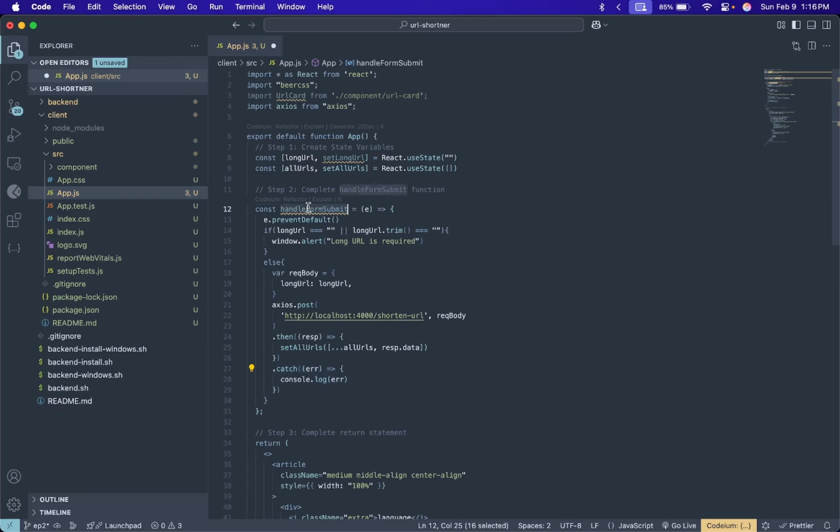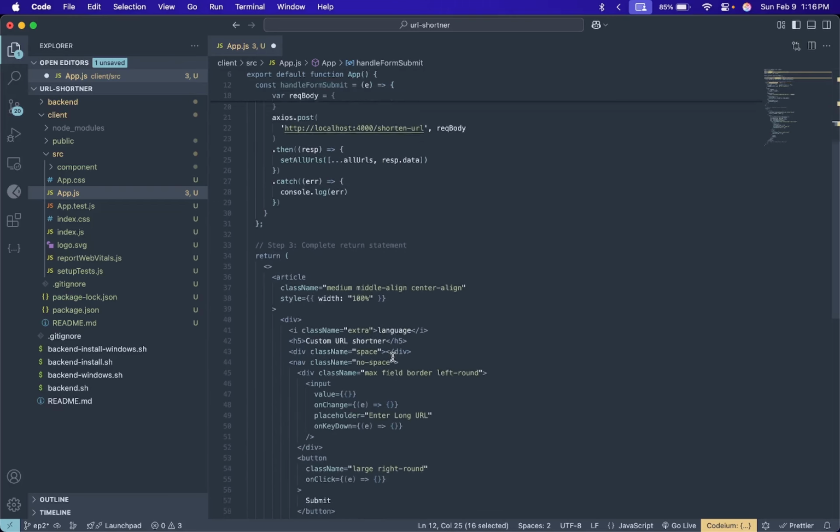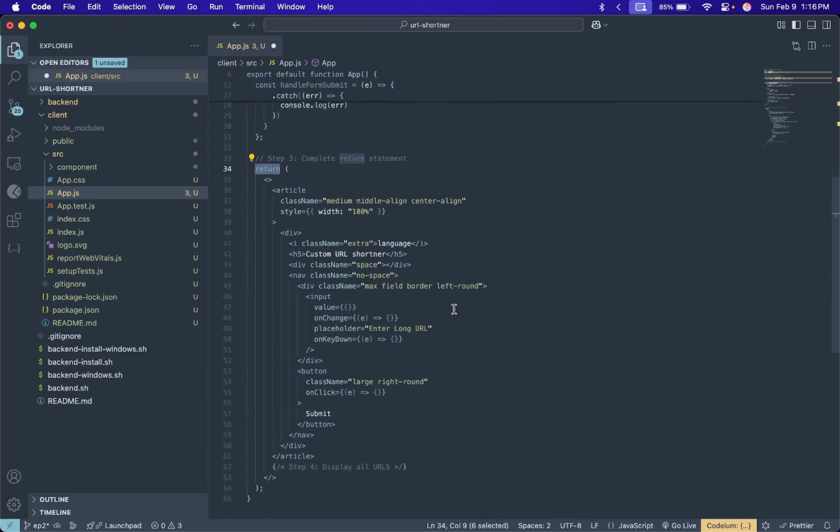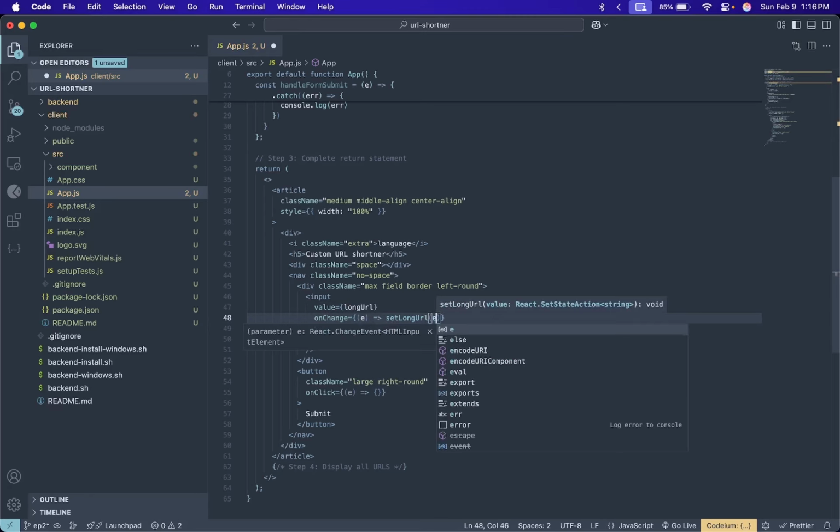Now that we have completed our handle form submit, we can go ahead to our return statement. In our return statement, on line 47 where we have value, we are going to remove the 2 curly braces on the inside, and we are just going to call longURL over here. And in the value on change, we're going to call setLongURL, and then we are going to pass in